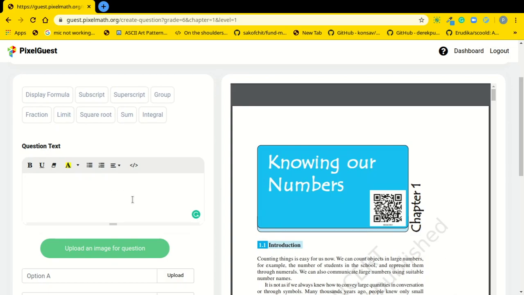So we write the main question here. So my question can be a simple addition question. You see here, these are different math symbols which you can use in your question. So for example, I'll demonstrate an understanding of how to use, let's say, a fraction, and this uses MathJax.